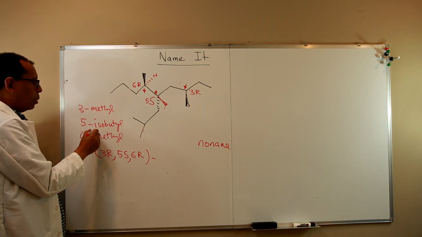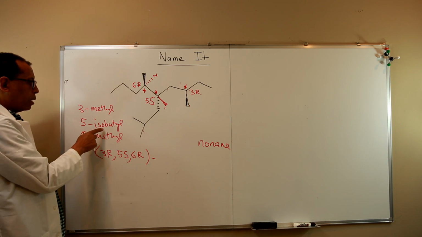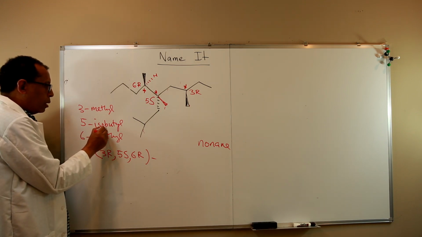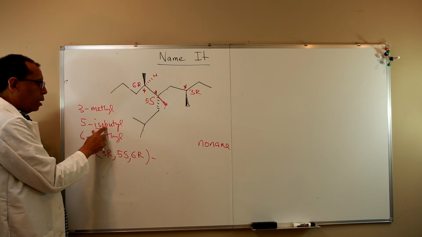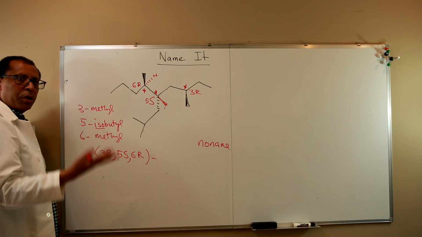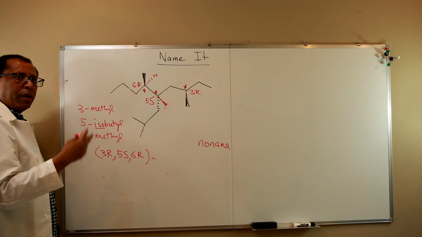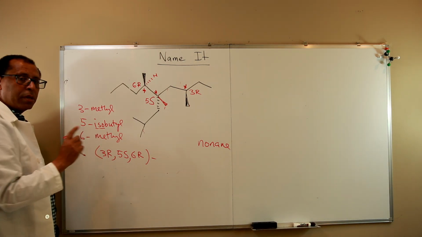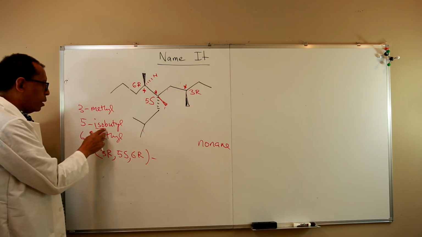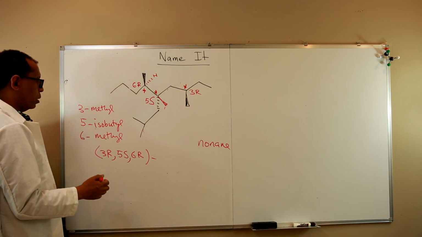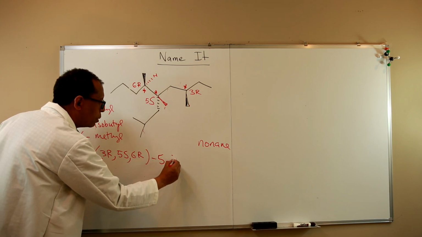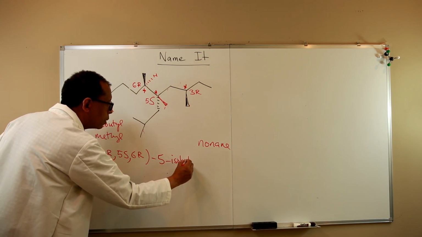So iso, tert, and all that, they don't count in the alphabetical naming. Actually, the butyl comes first. So iso, tertiary, those kind of di, tri, those kind of prefixes, they don't count in the alphabetical order. So it's 5-isobutyl,